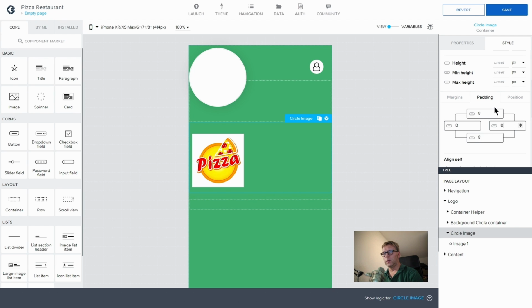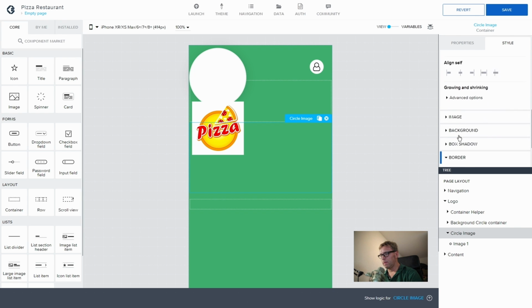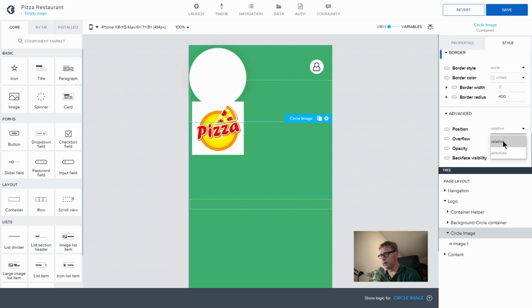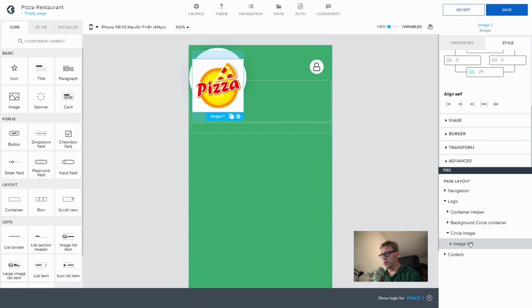So make it a nice little dot, 8 everywhere, and then we move it up again, and let's go to advanced and make it absolute. So give it in there, and then the last one, which is the